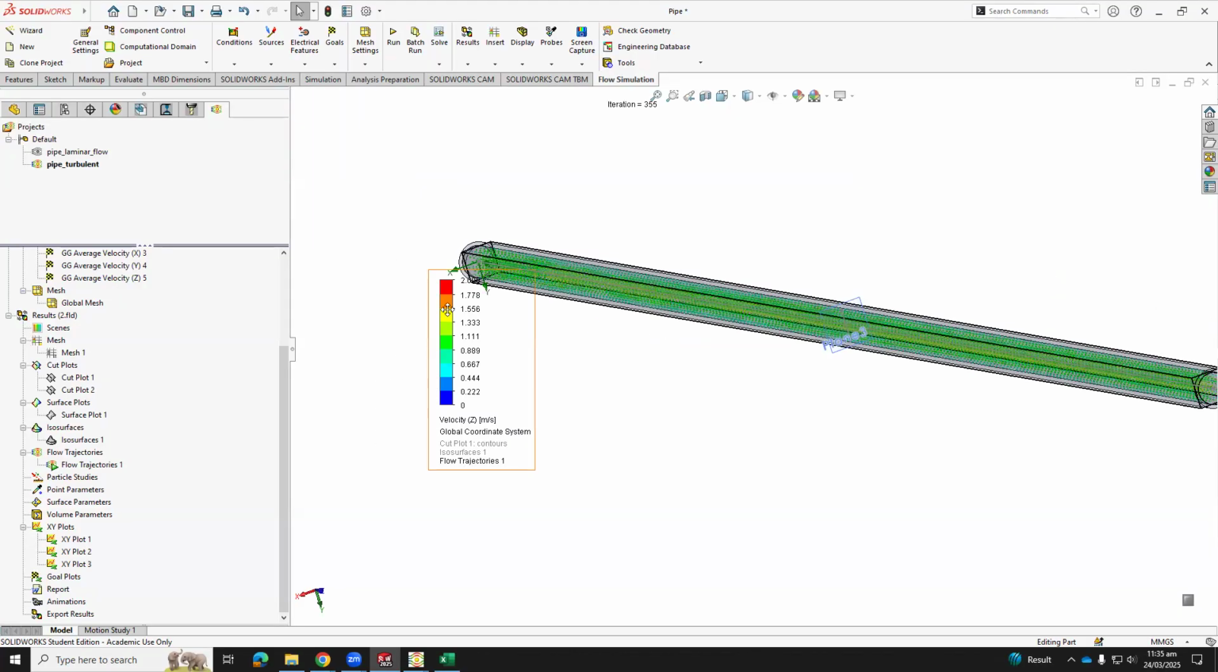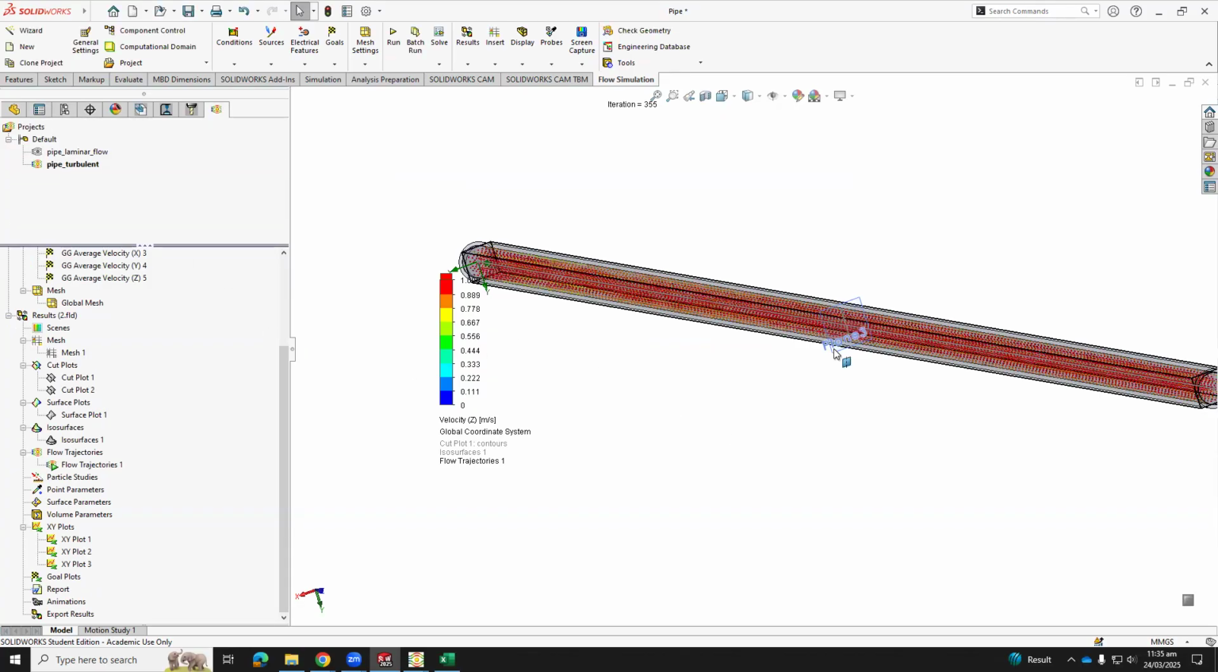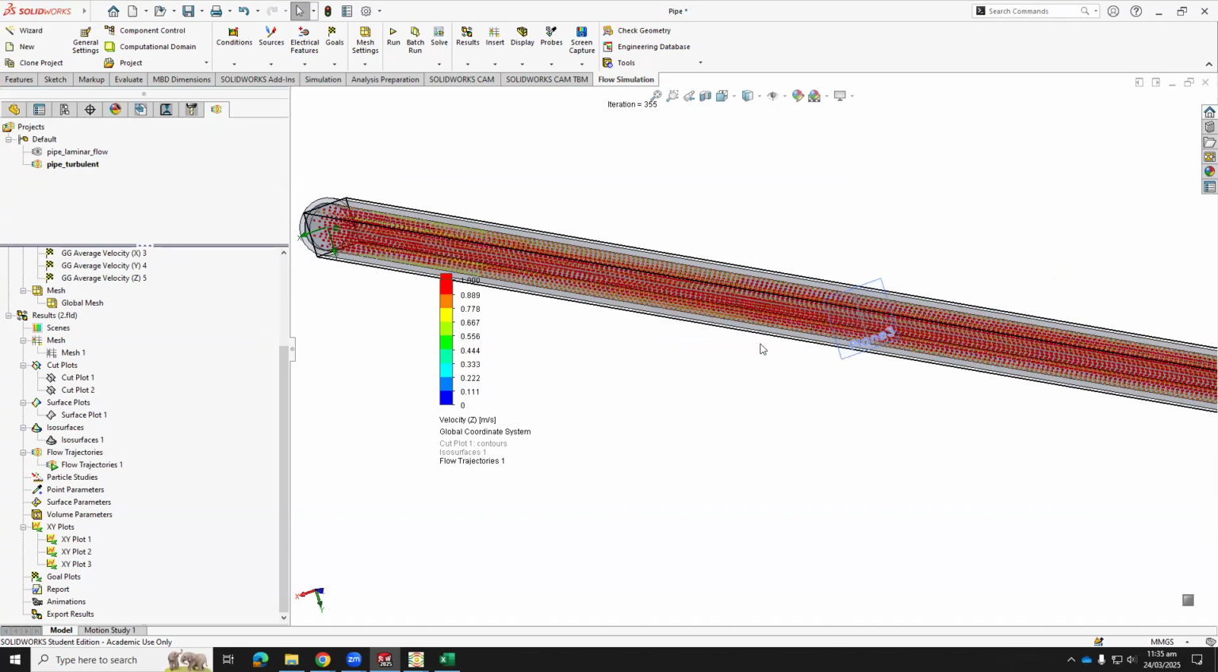But our velocity in this example is 1 meter per second. And that's how it looks like, the 1 meter per second. Okay, so